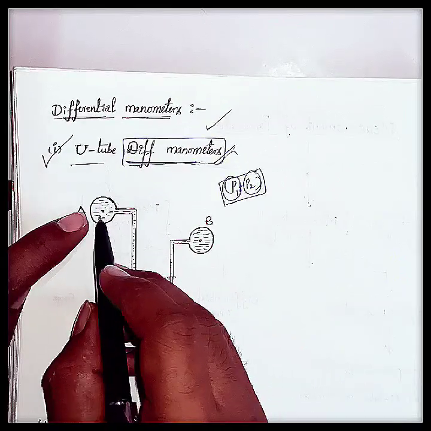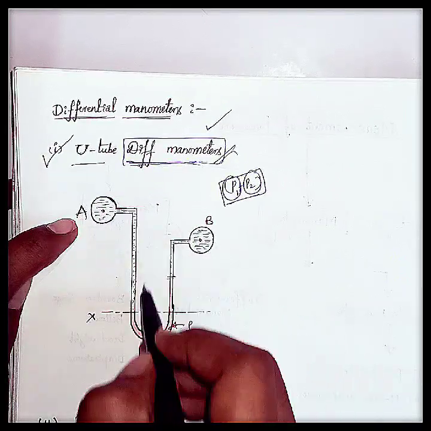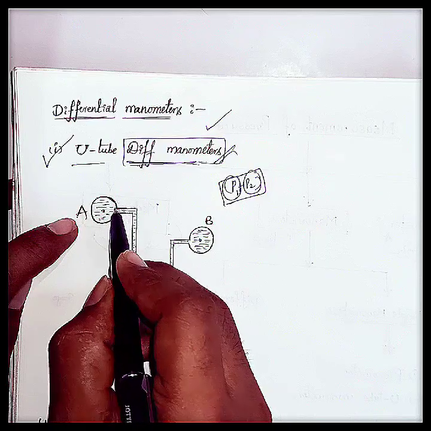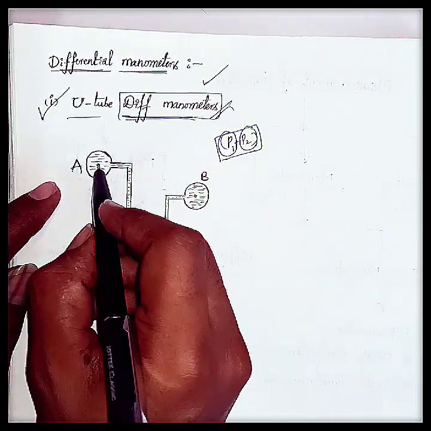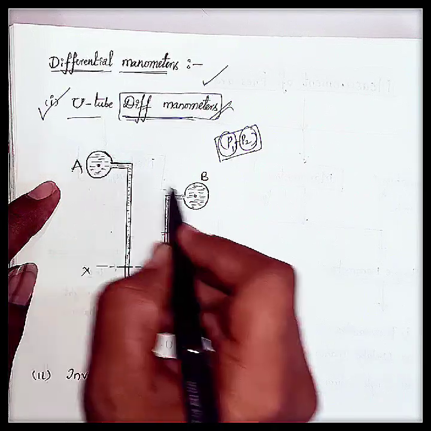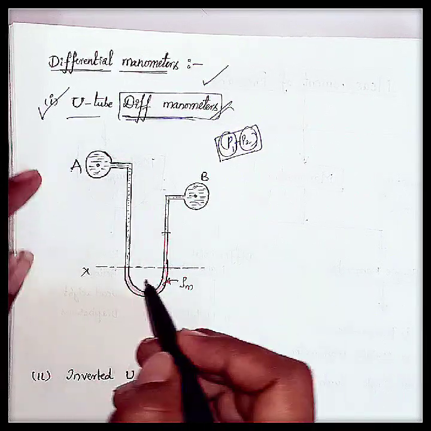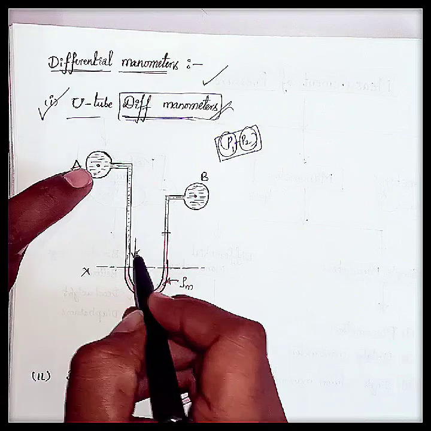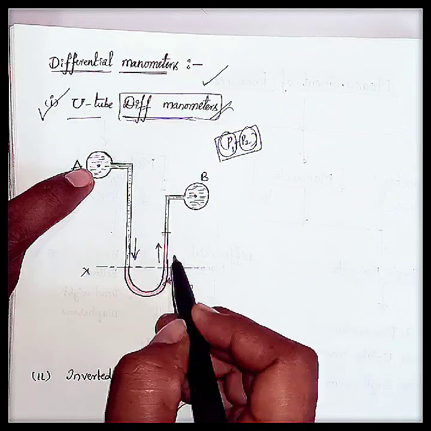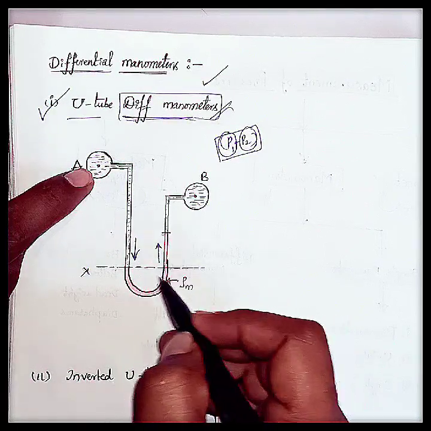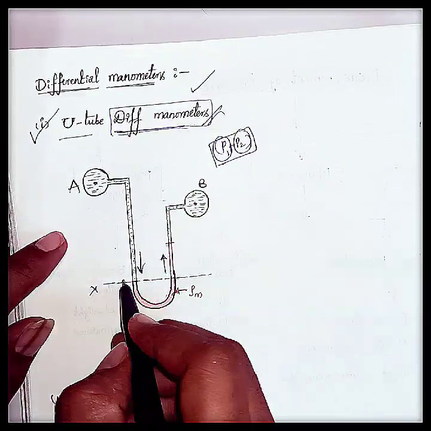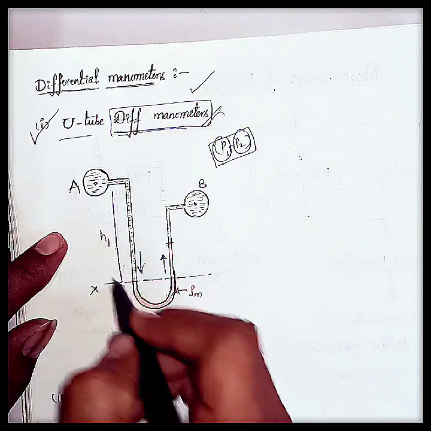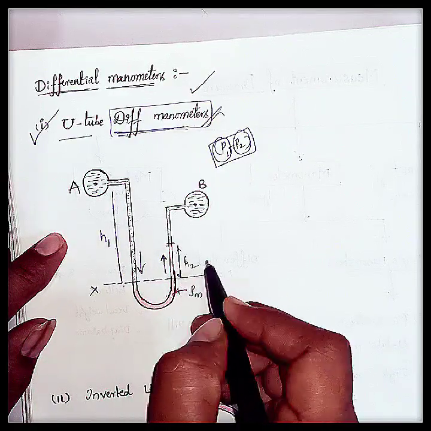Let us consider this is pipe A and this is pipe B. I connected this U-tube manometer to one end of this pipe and this pipe, and this is the manometric liquid. If the pressure is more in pipe A than B, then what will happen? This manometric liquid will be compressed by pressure A like this, and the manometric fluid will go wherever the fluid has very less pressure. Yes or no?